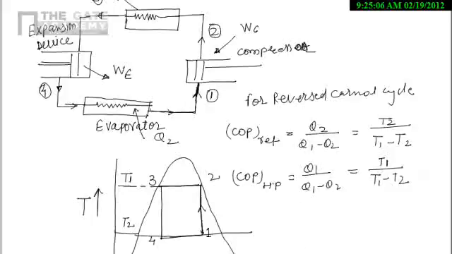But if you see the whole process, if we start from here, that is 1 to 2, in a TS diagram at 1 we are having the mixture of vapor and liquid, but due to this isentropic compression, we are having a saturated vapor here, and from 2